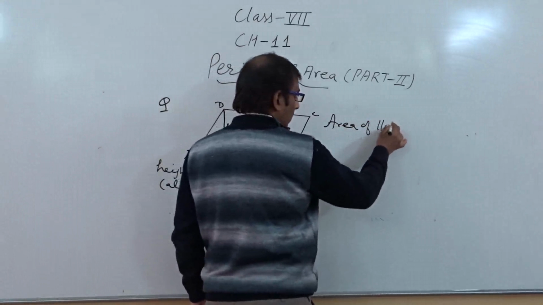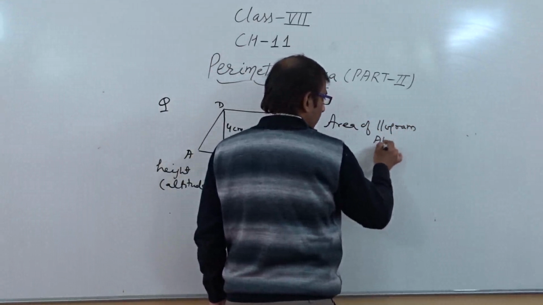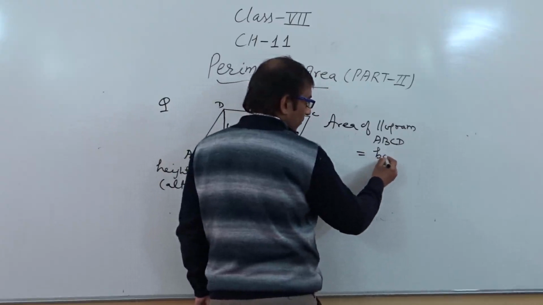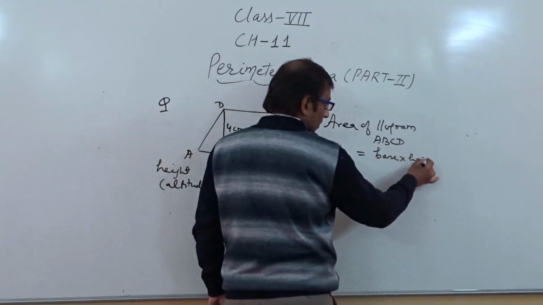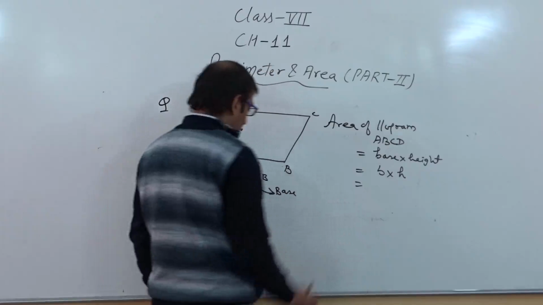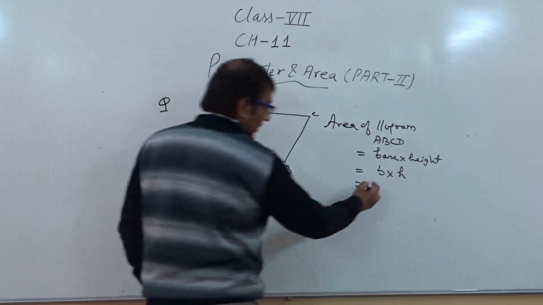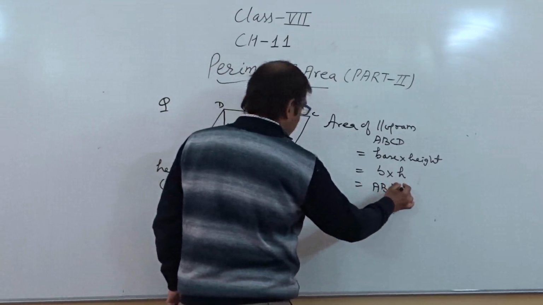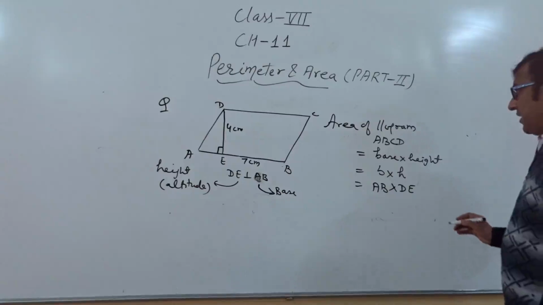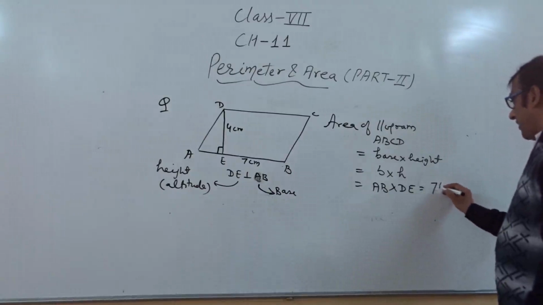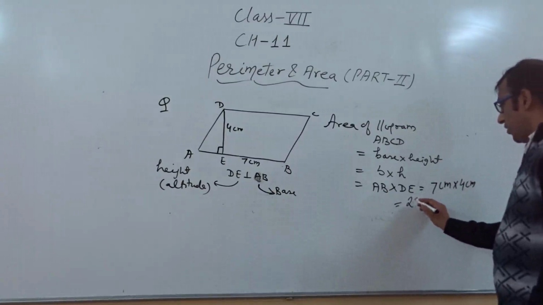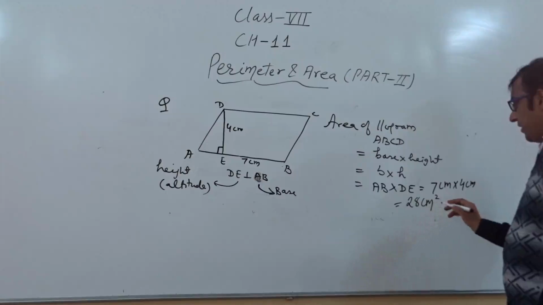Area of parallelogram ABCD. So area of parallelogram is basically base into height, or we can say this is equal to B into H. So what is base? Base is AB and the height is DE. So when we put the values, it is 7 centimeter into 4 centimeter, so that it becomes 28 centimeter